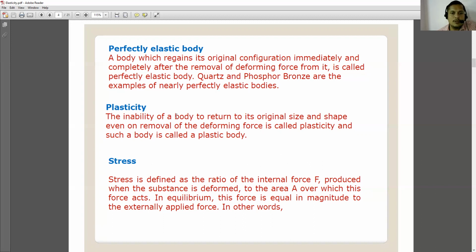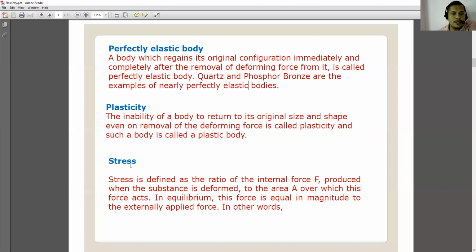तर अशी बॉडी किंवा असं मटेरियल की जे काय करते त्याचं ओरिजिनल साईज आणि शेप आहे, तर ते परत प्राप्त करू शकत नाही कधी, इवन ऑन रिमूव्हल ऑफ द डिफॉर्मिंग फोर्स, जरी डिफॉर्मिंग फोर्स आपण काढून घेतला तरी, इज कॉल्ड अ प्लास्टिसिटी अँड सच ए बॉडी इज कॉल्ड ए प्लास्टिक बॉडी. तर ती जी प्रॉपर्टी आहे त्या प्रॉपर्टीला आपण काय म्हणतो, प्लास्टिसिटी, आणि ती जी बॉडी आहे तिला आपण काय म्हणतो तर प्लास्टिक बॉडी.